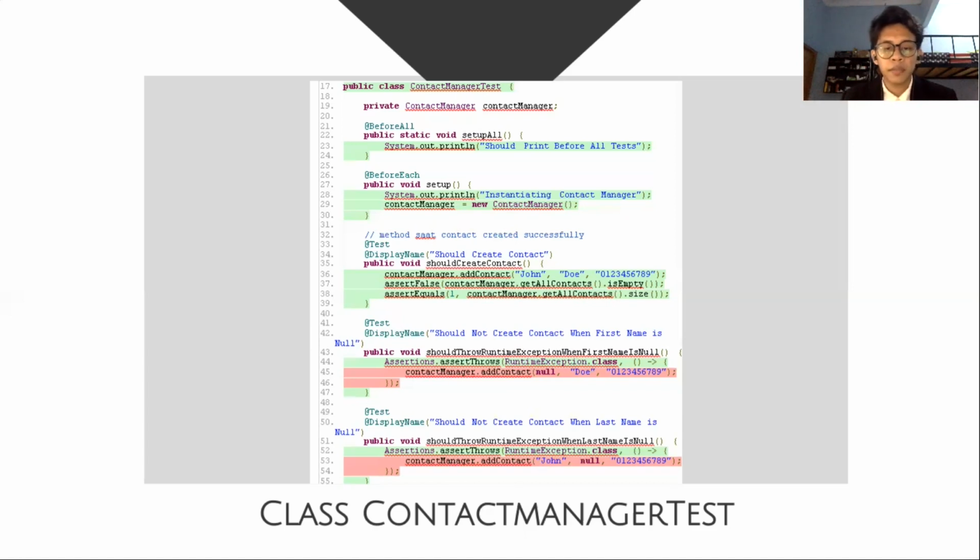Okay, and then we will move to the next topic, which is understanding the test lifecycle of this project. The first method on the top of all methods is a BeforeAll method. The method marked with this annotation will be executed before any of the test methods are executed inside the test class. And then the second thing we have is BeforeEach. The method marked with this annotation will be executed before each of the test methods in the test class.